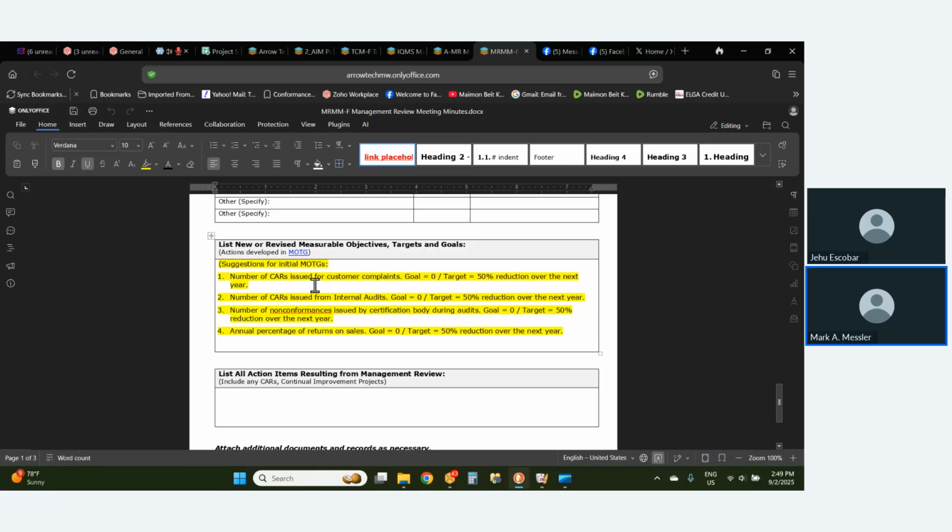You have to pick certain things that you're going to measure in the management system, and it can also include business things like increasing business, getting new customers, stuff like that. But you can see here, there's some suggestions. So like number of CARs issued for customer complaints. Well, the goal is 0. The target is 50% reduction over the next year. So you'll figure out what those are for your system, and then in the MOTG,